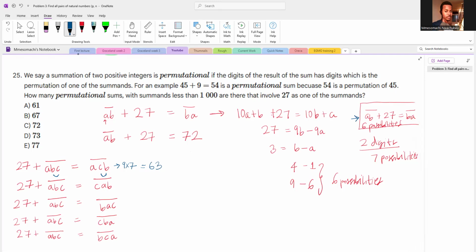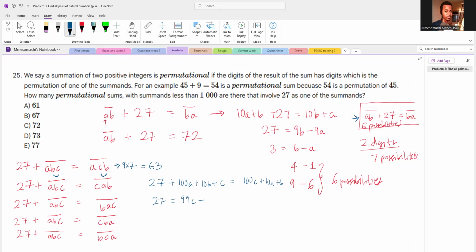So we have 27 plus this. So let's see what we can do. We have 27. Let's expand this out. So 27 plus 100A plus 10B plus C equals 100C plus 10A plus B. So this will simplify to 27 equals, so 100C minus C, that's going to be 99C